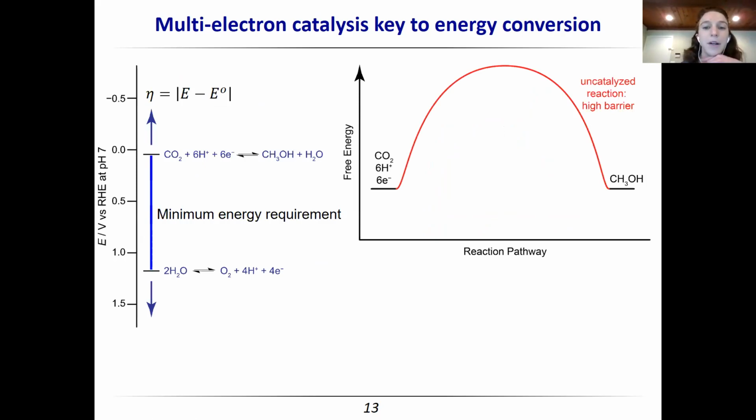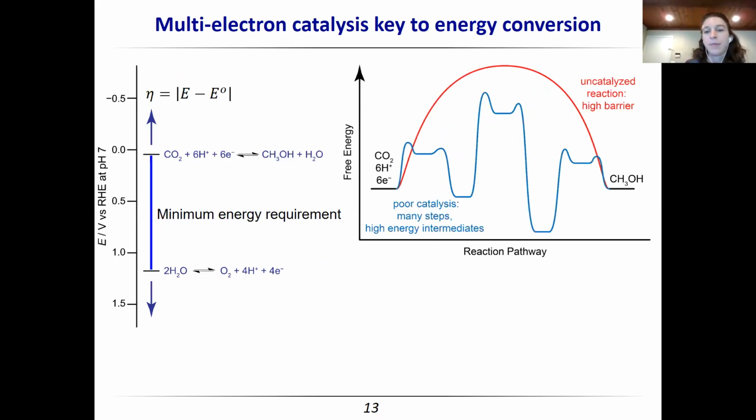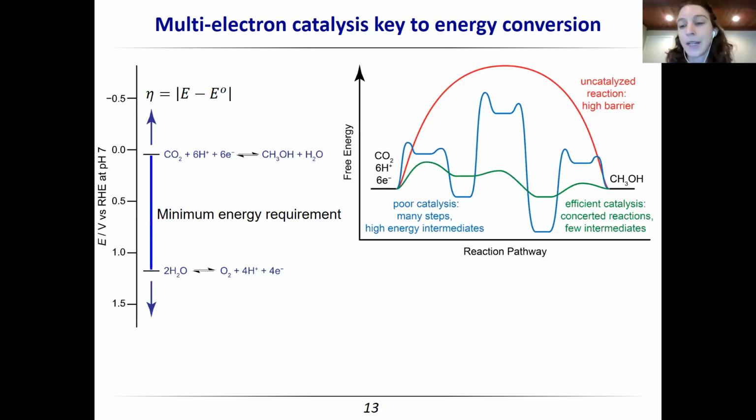And now we can start thinking about what would a good catalyst look like. And in the broadest of strokes, a bad catalyst is going to have a lot of steps with a lot of high energy intermediates. And a sort of dogma in the field is that if you generate a lot of really charged species, that's going to end up with high energy intermediates because charged species just tend to be higher energy to form. But if we could minimize the number of steps and we can keep the activation barriers low for all of them and keep the energies of the intermediates as low as possible, then we have more efficient catalysis. So we're aiming for the green line, not the blue line, but the blue line is possible, the red line is impossible.